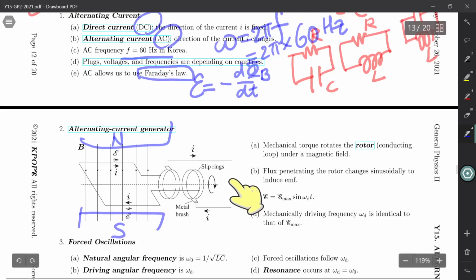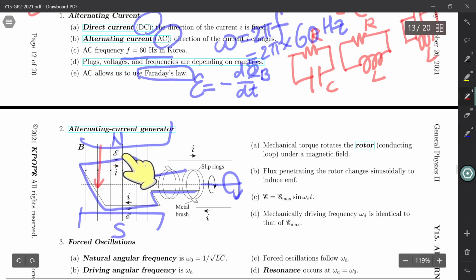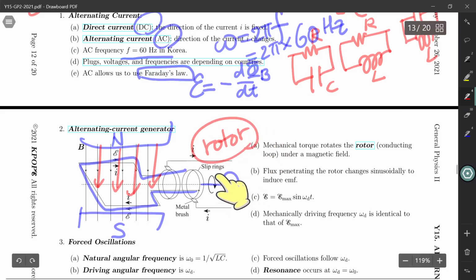Between fixed magnet, the axis is rotating using turbine, and the axis that is connected to a wire that passes to which the magnetic field can pass, and this rotor rotates,